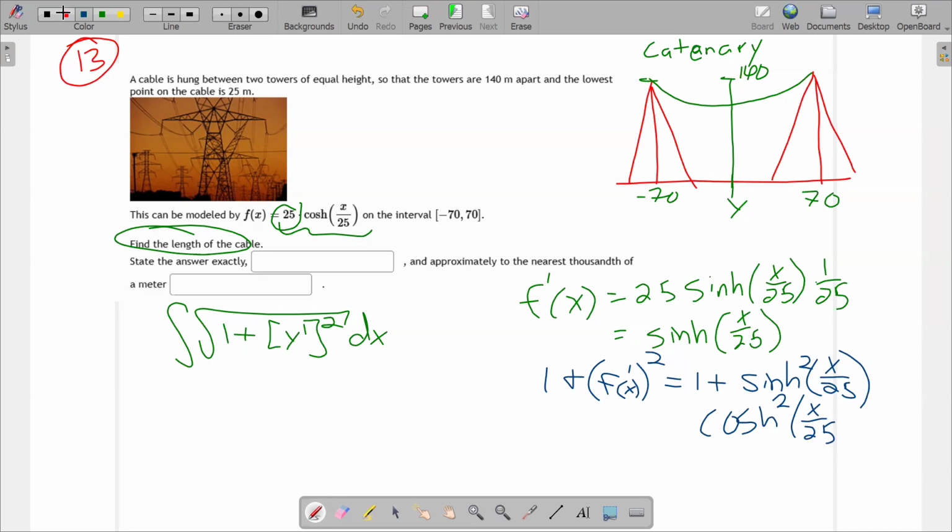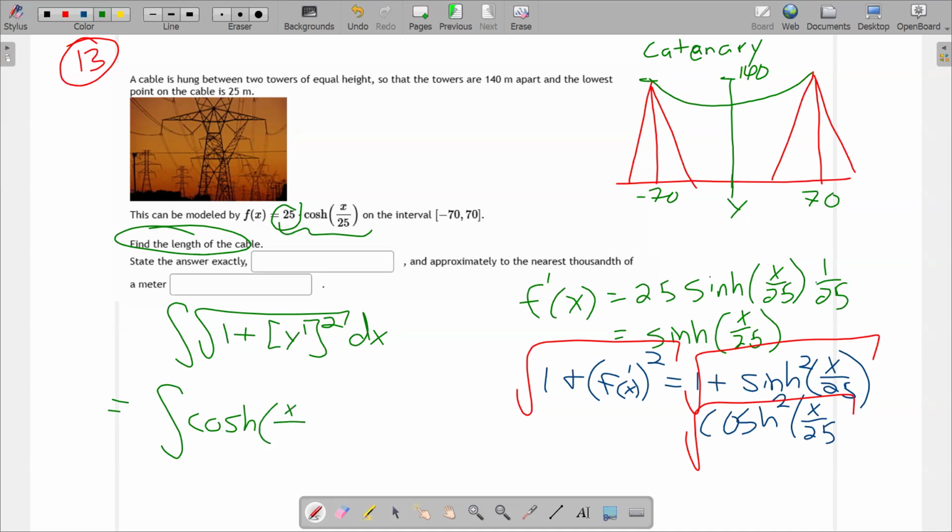And my integral says that it would really like the square root of all that, which is really nice for me. So back here for my integral, that simplifies down to just the integral of hyperbolic cosine of x over 25 dx